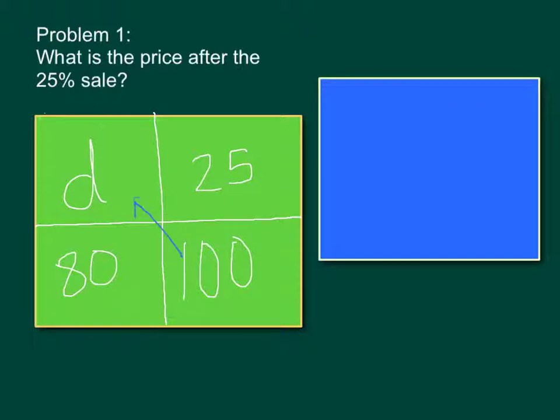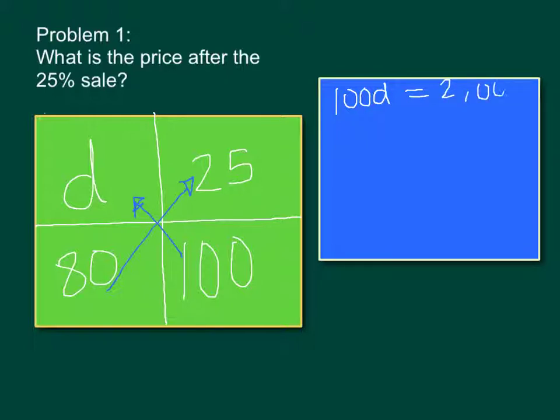Now I'm going to cross multiply 100 times D, which will give me 100D, and 80 times 25, and I'm going to go ahead and get my calculator out and multiply 80 times 25, which is 2,000. So now I have 100D equals